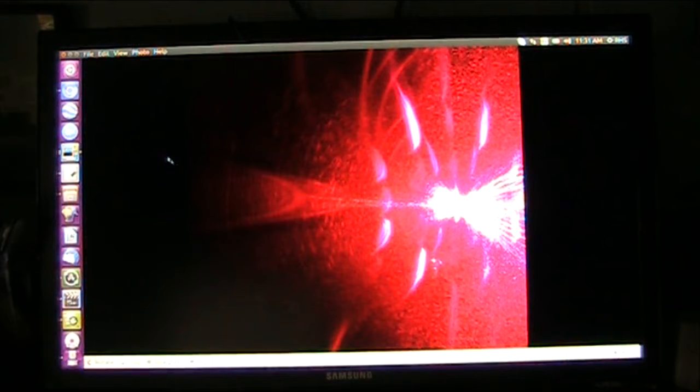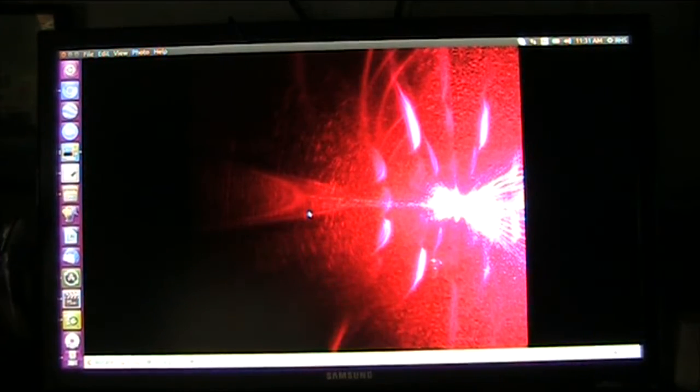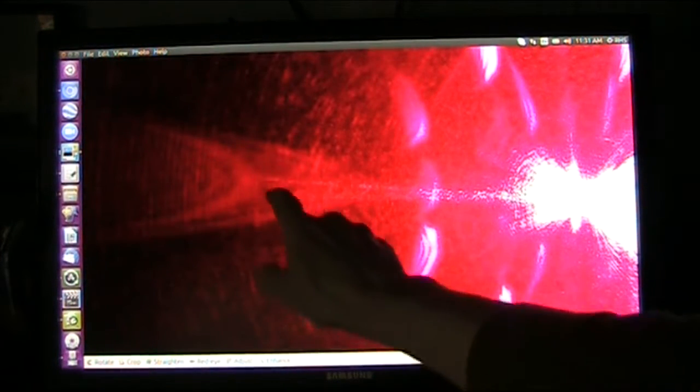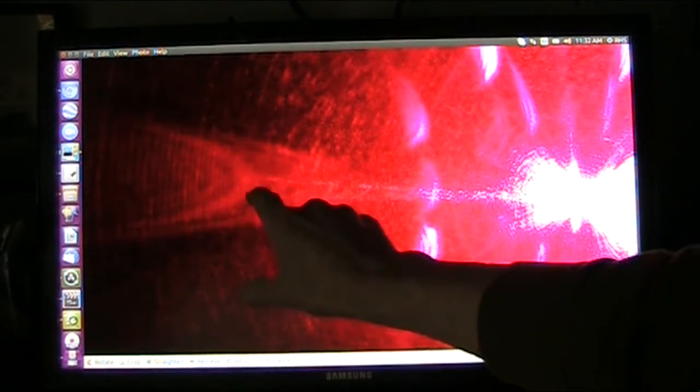Now this is that same wave of light, and you can see that little tiny line of dots. That is what laser light is. Not all this, not all that. It has nothing to do with that. It's this.